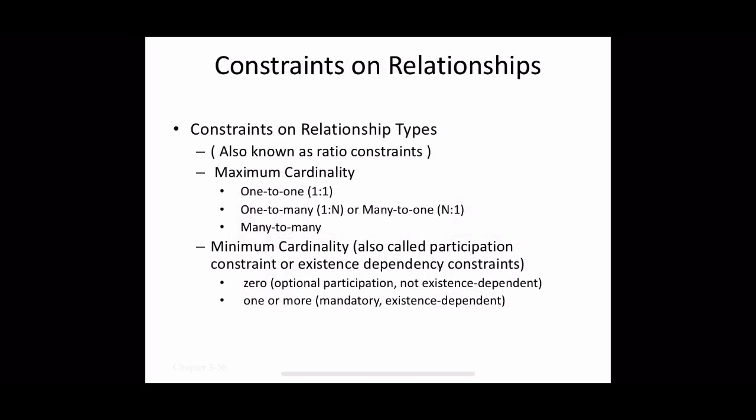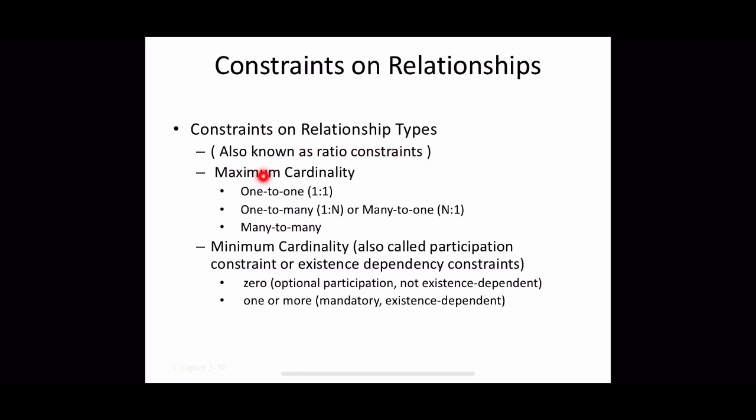Next is constraints on relationships. Relationship types usually have certain constraints that limit the possible combinations of entities. We can determine these constraints from the mini-world situation that the relationship represents. For example, in our company database, the company has a rule that each employee must work for exactly one department. Then we would like to describe this constraint in our schema also. Mainly two different types of constraints are there: cardinality ratio and participation. First, let us go through the cardinality ratio, also called ratio constraints.